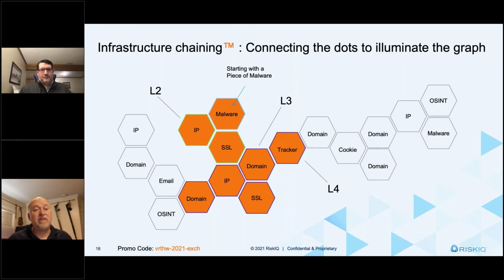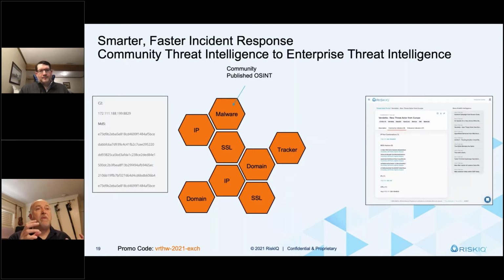One of the things that we found out was that when an open source intelligence article comes out, the first thing we saw people doing, talking to the community, was coming to RiskIQ and looking at those indicators, trying to figure out: did these investigators get everything? Was there extra that I should be aware of? We talked to people, asking what the typical queries they do are. Well, they would read an article and then take those indicators that might be in a photograph or in some way that's kind of hard to get out of that article, and go through and start looking at Passive Total.